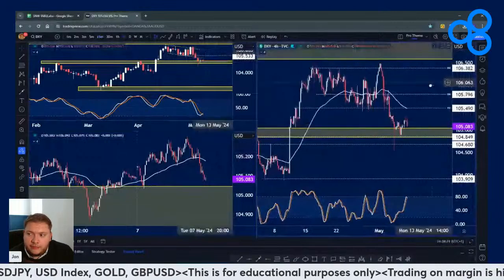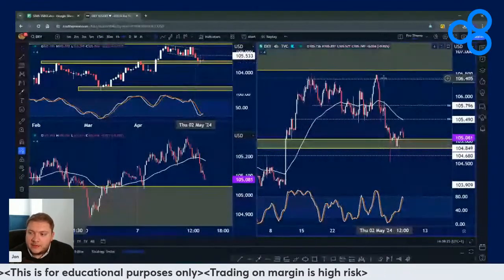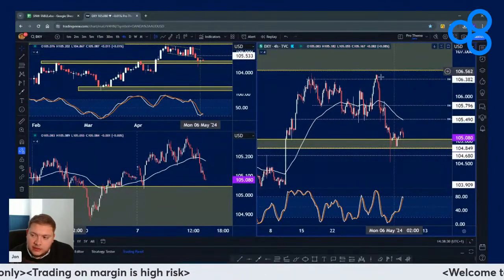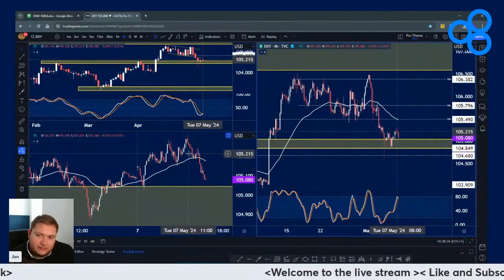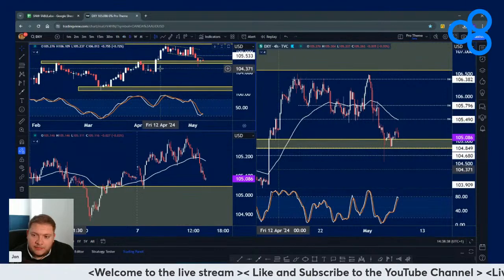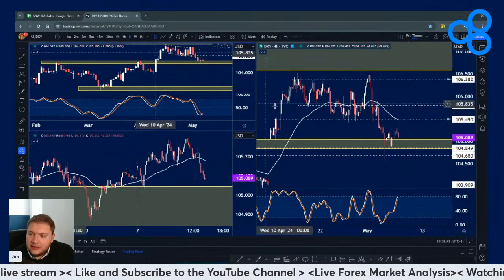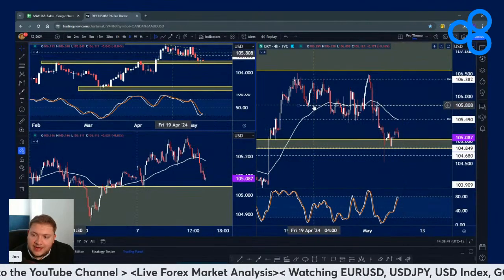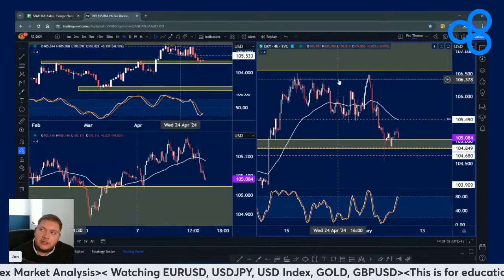I really liked the idea of price reaching 107 before seeing that downside movement, but that wasn't to be the case. We came back up into the 106.50s, which were the swing highs, before seeing that move lower. But for me now, the dollar is in a precarious position. I think it's on an edge where it could start to really push back to the downside,